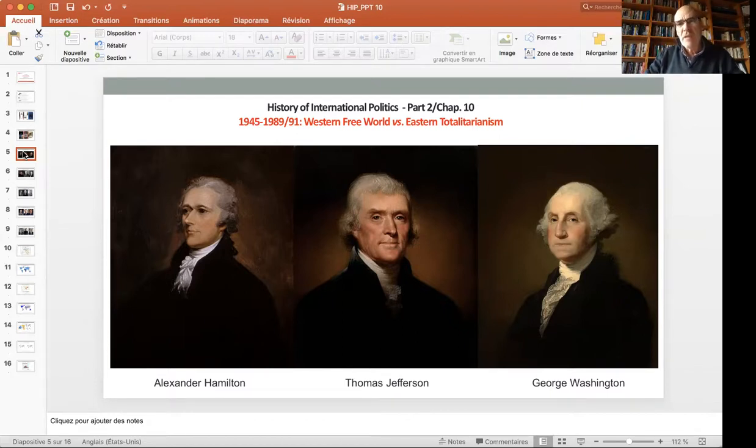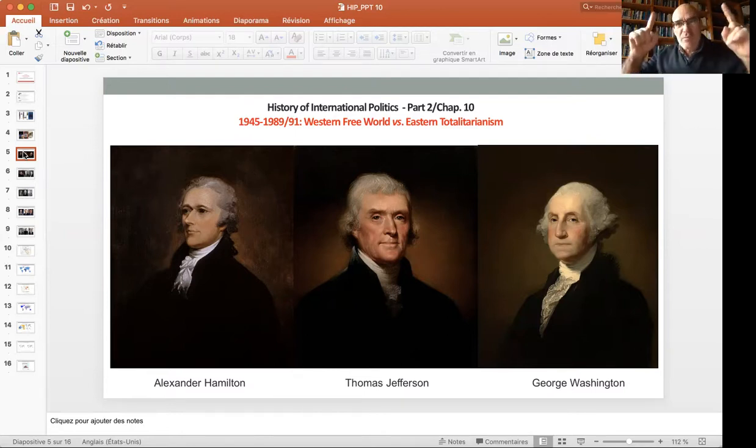And what's more, if America should choose one ally, it should choose the UK, Great Britain, and not France, though France had contributed to America's independence. Why? Because Hamilton considered that France, I quote, was guided by a spirit of universal domination. And this distinguished it, according to him, from the British. So it was in the interest of the US to opt for an alliance with Great Britain, which was a lesser evil, I quote Hamilton once again.